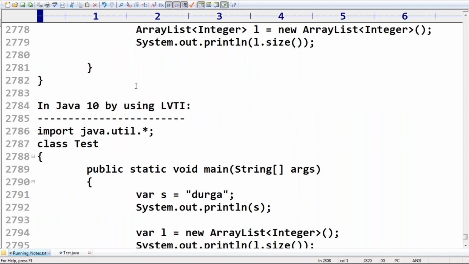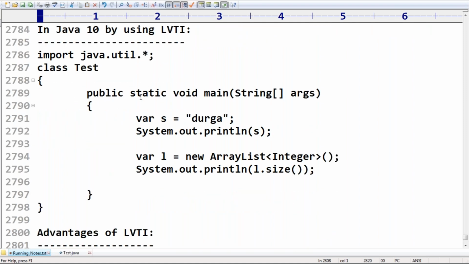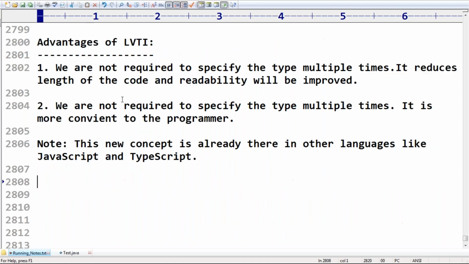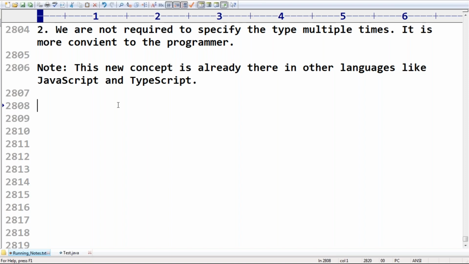Next, what is the meaning, how you can declare local variable type inference, and how you can use the syntax, it's very clear for you people, right? Okay. So next, where we can use LVTI, local variable type inference, and where you can't use it, all those things I will explain, sir. Just some use cases I'm going to discuss. Don't worry at all. So the first thing, where we can use it.